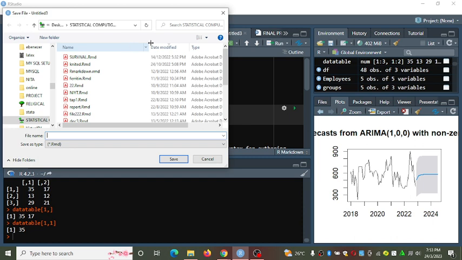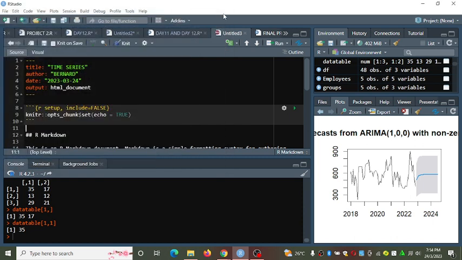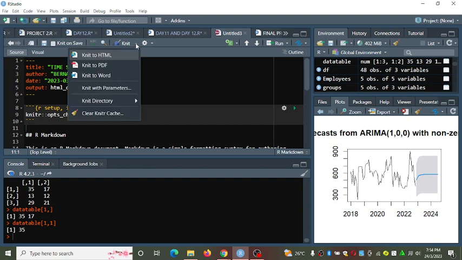Knitting a document. You can use this arrow next to Knit. Then we have Knit to HTML, Knit to PDF, Knit to Word. For example, I want to knit to Word.